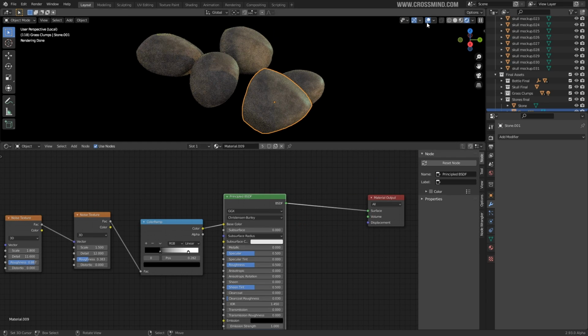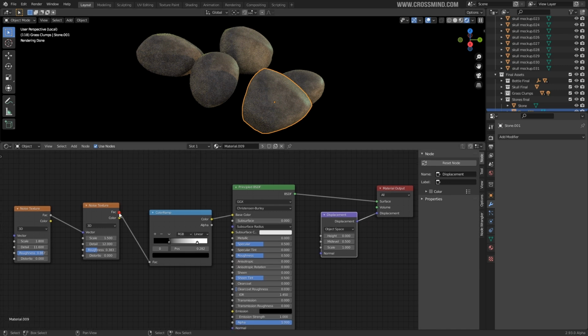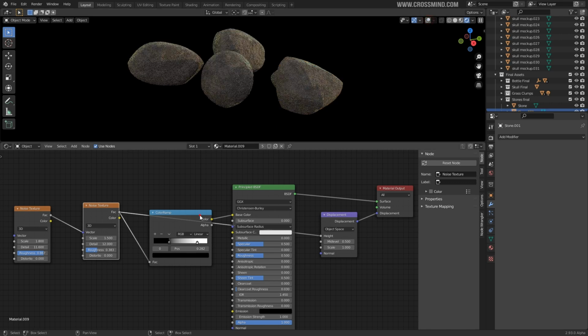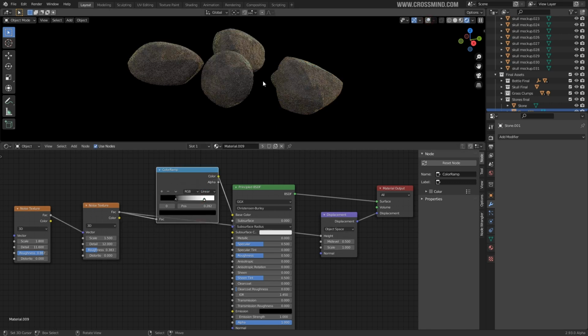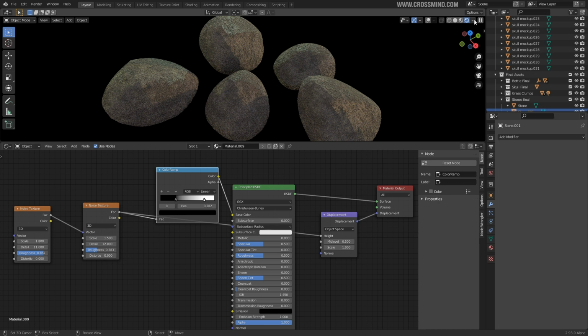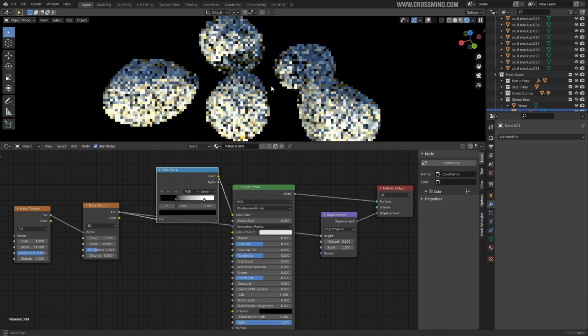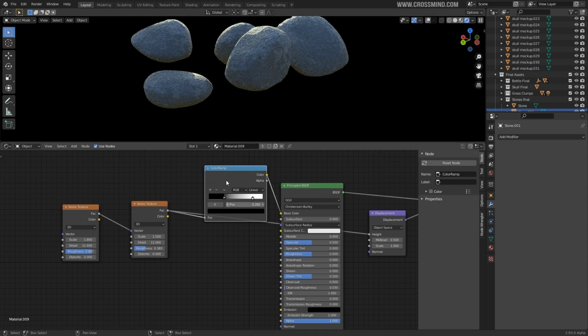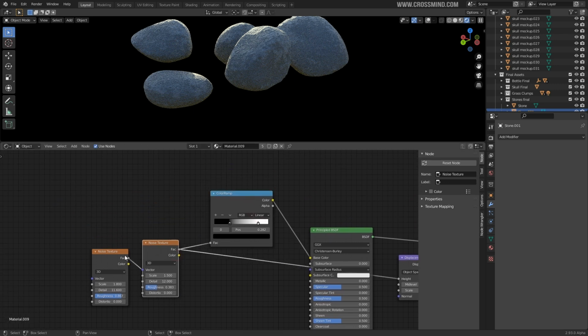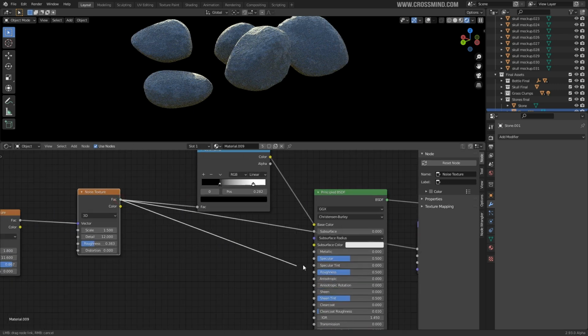And what I like to do about this, add a displacement, but we are not going to use the true displacement, we'll just use it like a bump. So use the same texture into the height over here, and this should give you some nice texture like this. And then you can use the same value into the specular roughness,